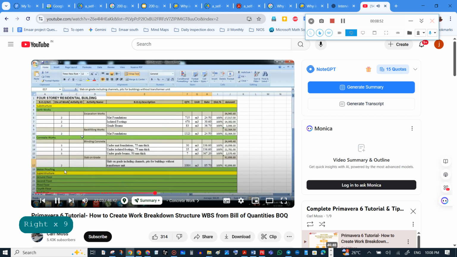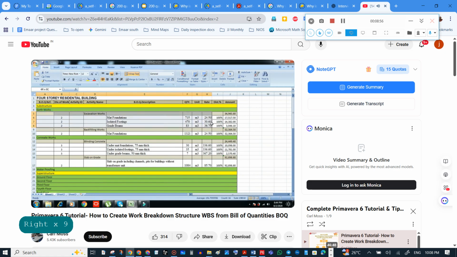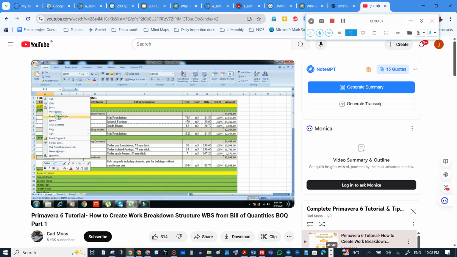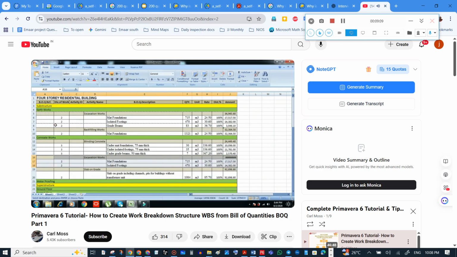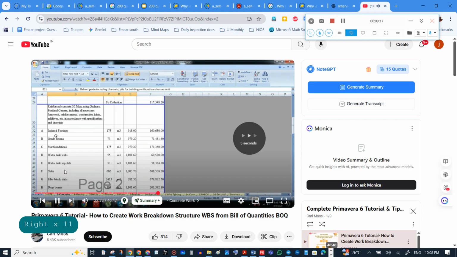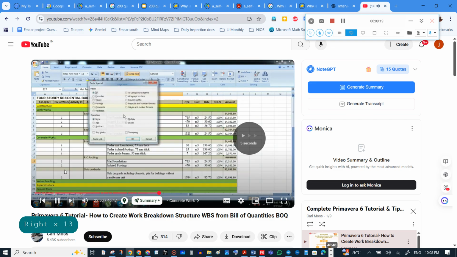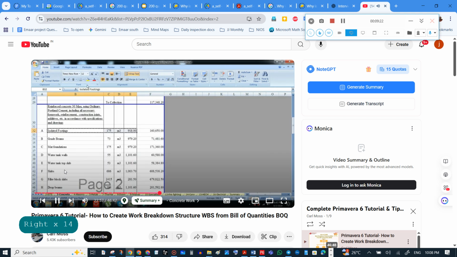So I'm going to copy these 3 rows and insert here after blinding. Change this to reinforced concrete.